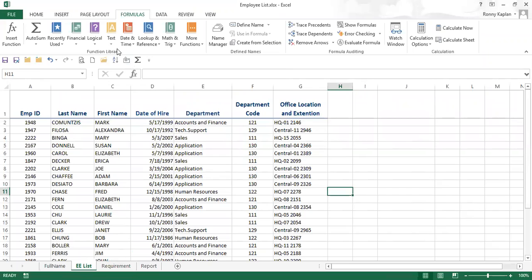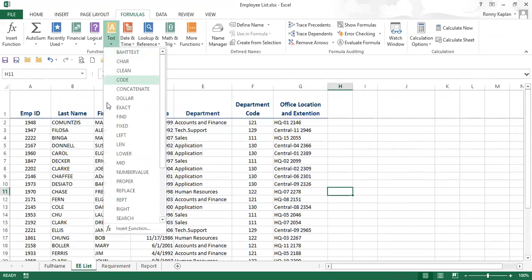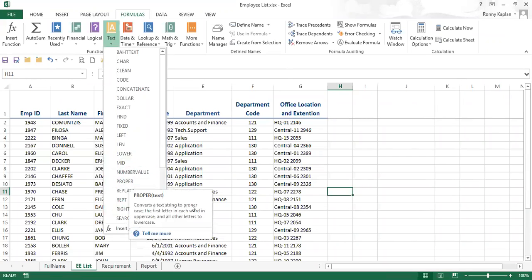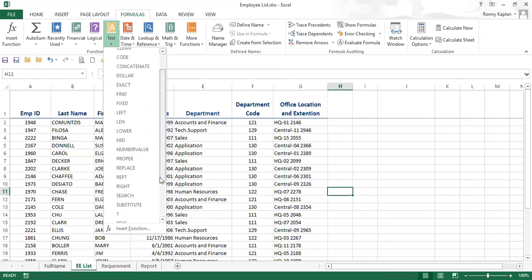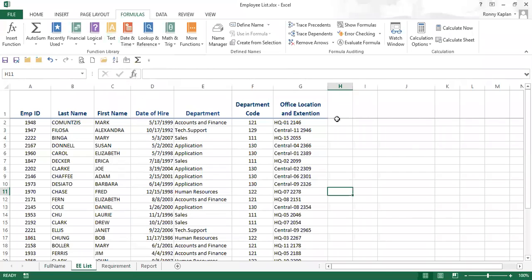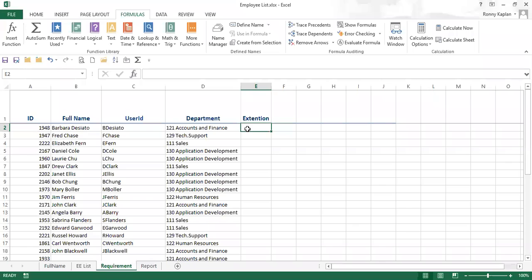So we can use for this one, notice in the text functions, there is a left function, there is a right function, there is a mid function. And as we looked at a proper function, there's also an upper, and here's a lower to make things lowercase, and there's an upper to make things uppercase. So we're going to use a function here in order to get the last 4 characters, because it's always the last 4 characters is the extension in this particular case. So we're going to go to